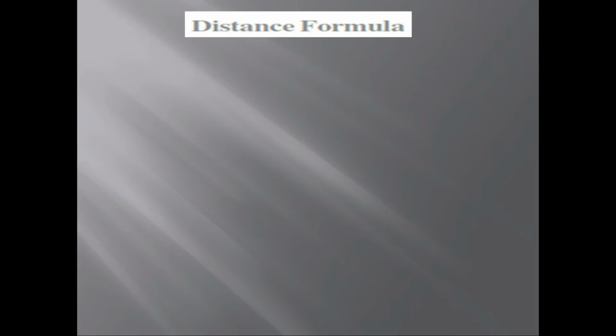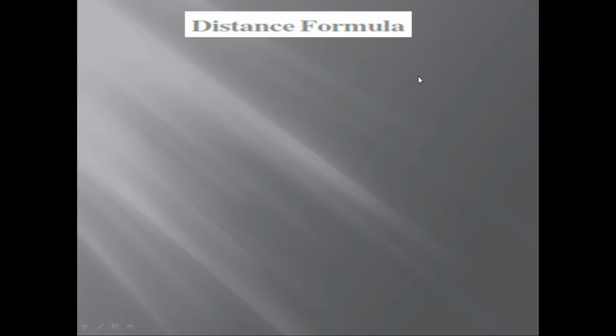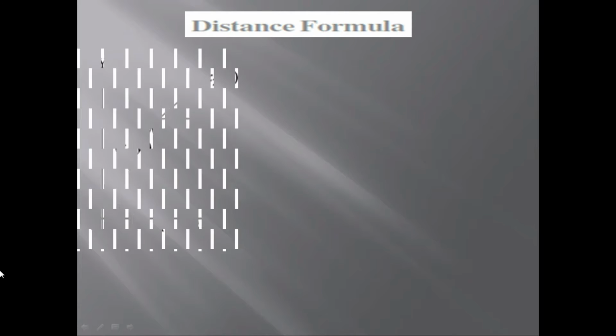Now in Cartesian coordinate system, consider there are 2 points A and B. Then the distance between A and B is nothing but, if we join a line A and B, that is AB, so we are finding the length of AB. In 2D geometry simply we are calculating the length by using a scale, but in Cartesian coordinate system, if we want to find out the distance between 2 points, then what things we have to do, that we are going to discuss in distance formula.